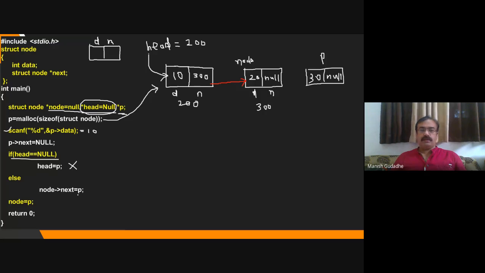Okay, so node dot next, this field is big. Let us say that this is stored at 400. So this field becomes 400. If this becomes 400, ultimately what we are doing, we are creating this link. So this is done. This new node is also inserted in the list, and node will now point to this. This will be the current node. Fine. So this way, head is pointing to the first node, node is pointing to the last node,